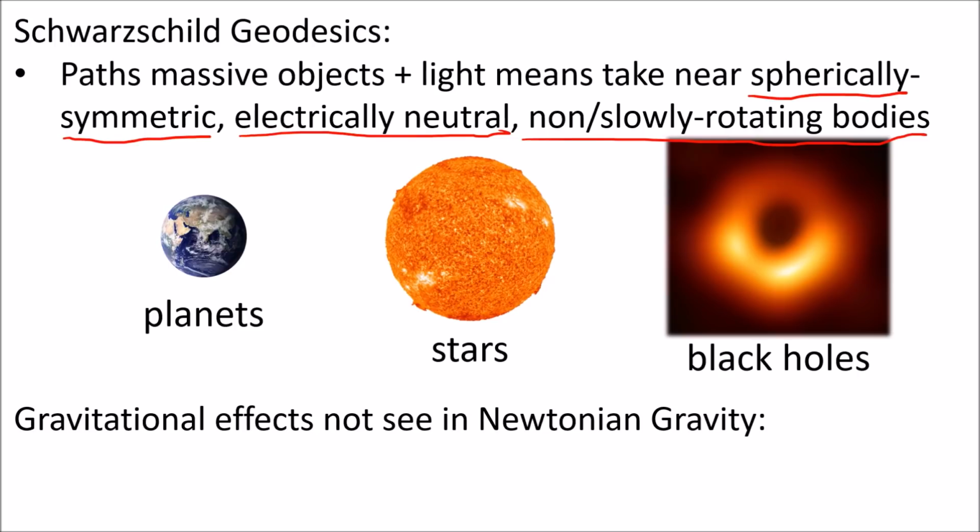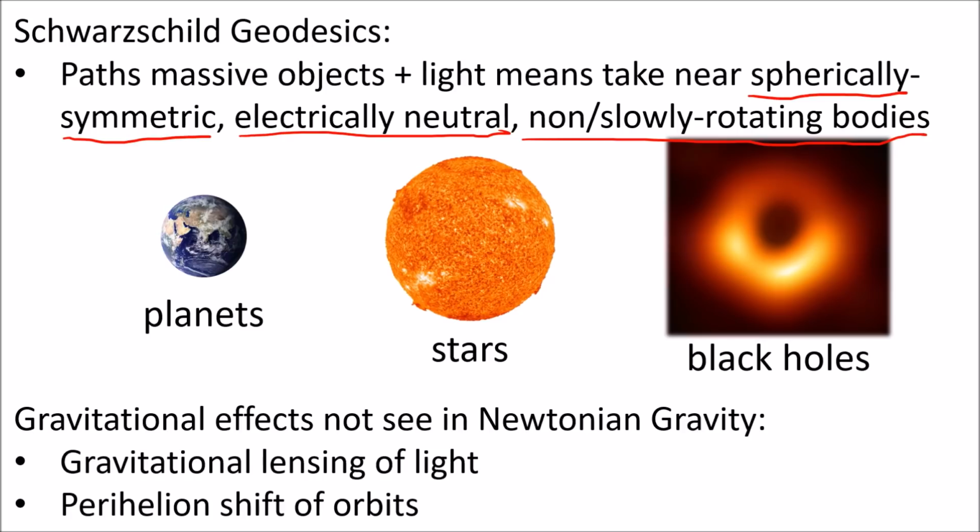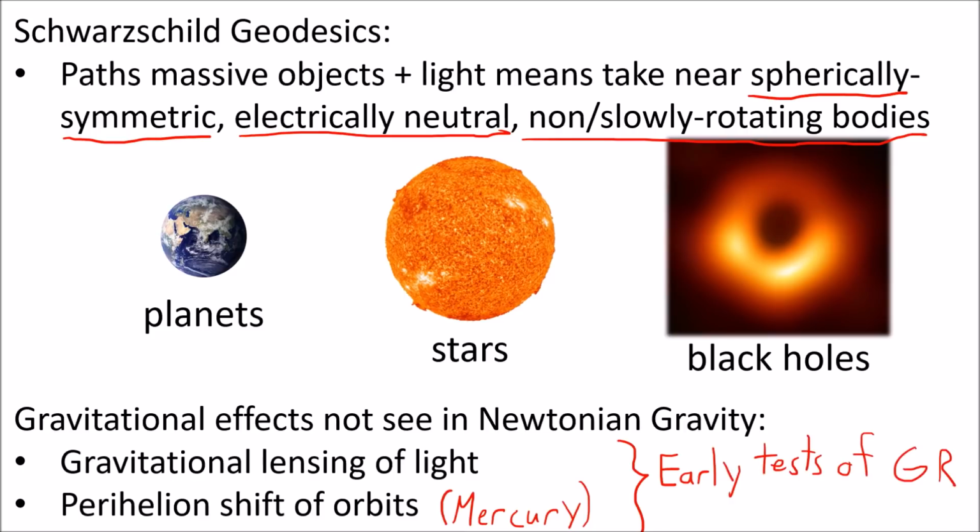mass. We're going to see some gravitational effects that don't happen in Newtonian gravity and are unique to general relativity, like gravitational lensing of light around massive bodies and the perihelion shift in the orbit of massive bodies, like Mercury's orbit around the Sun. These were both early tests of the accuracy of general relativity after it was proposed by